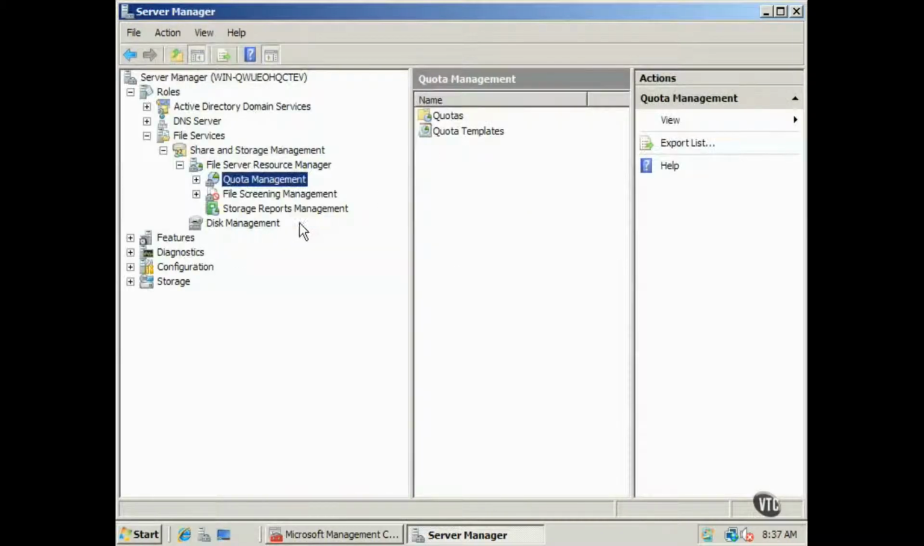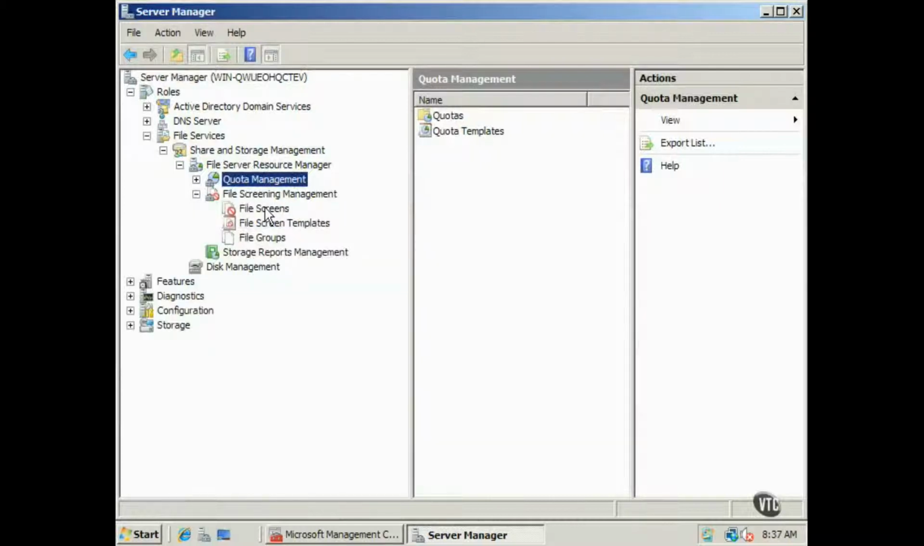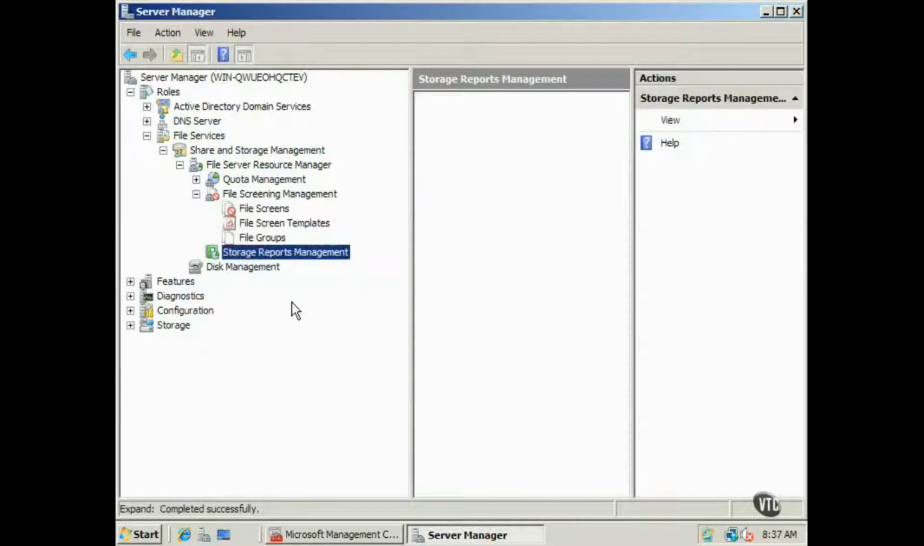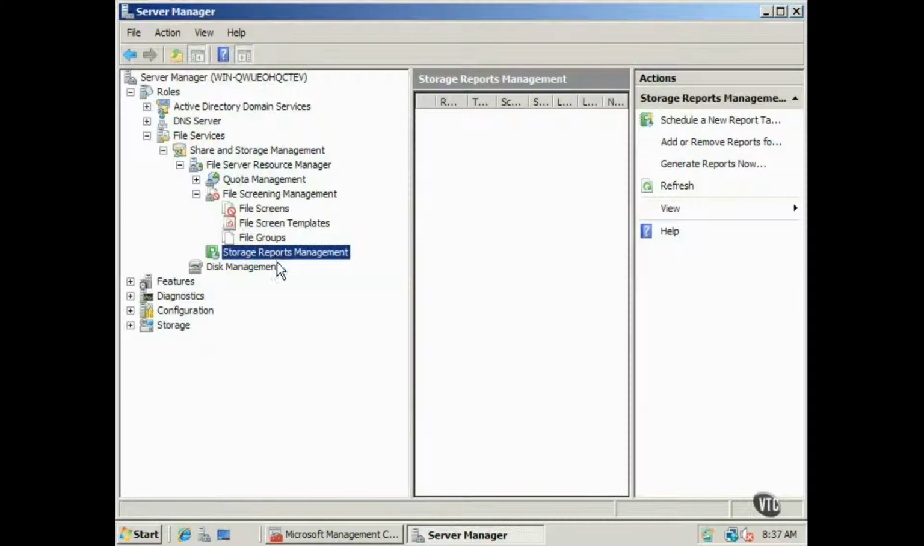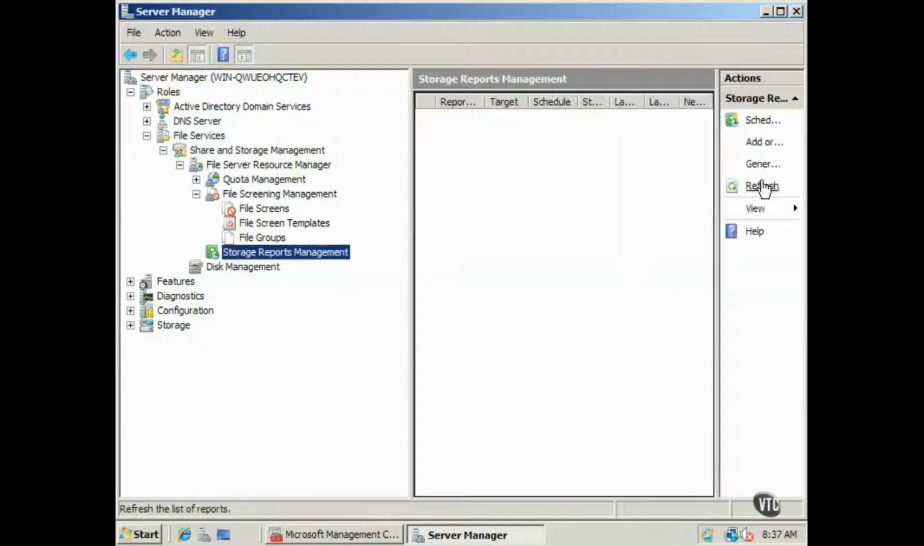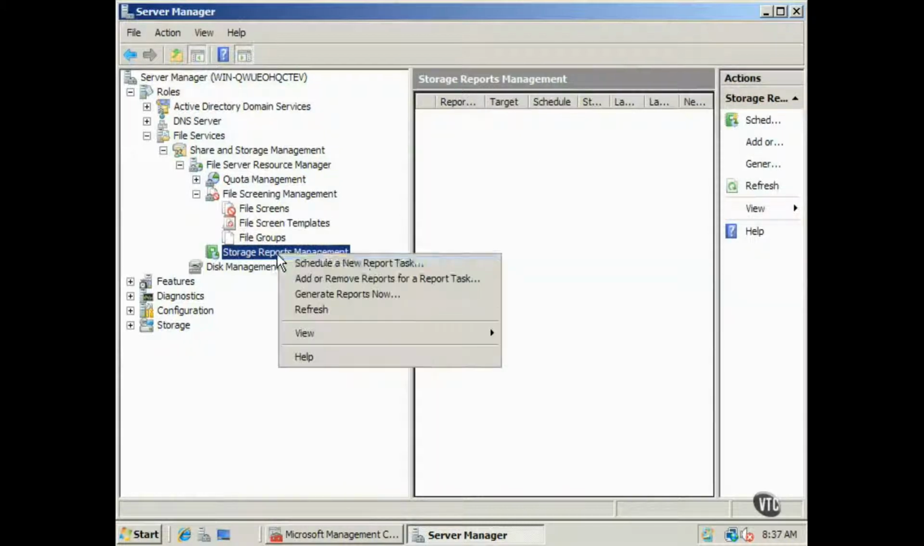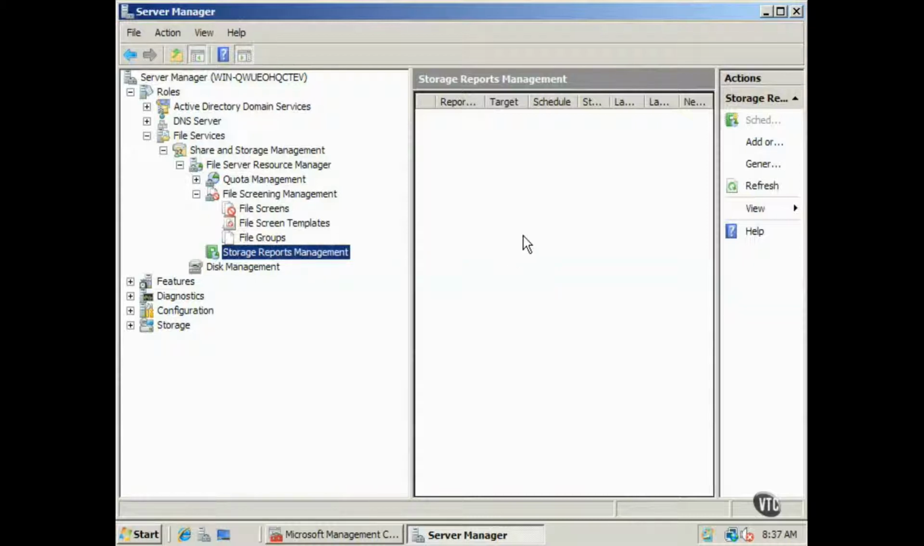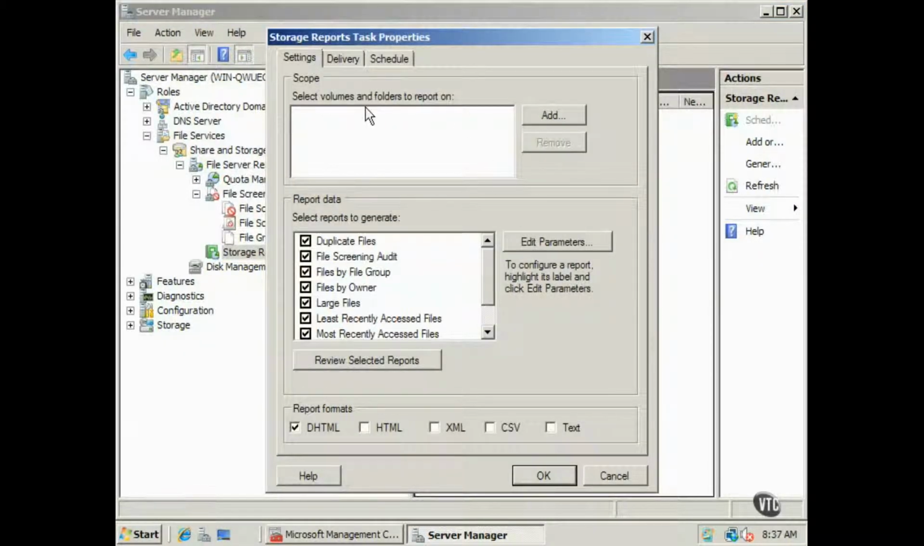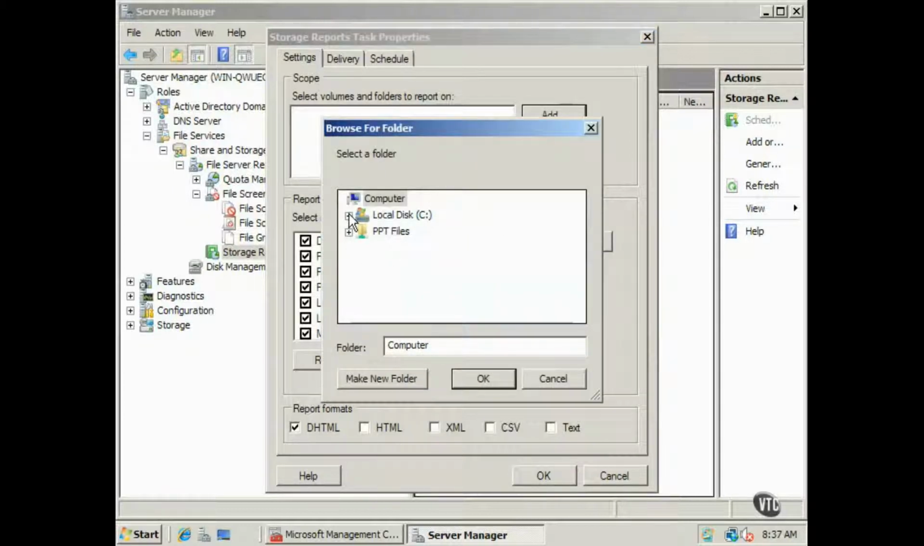It's the same thing that you've seen before, but notice now we have File Screening Management. We also have Storage Management Reports, or storage reports management. Now this is really some cool stuff, and I'm going to drag this over. The resolution on these videos makes it a little tough, but if I right click, I can schedule a new report, and notice what I can do is I can create reports, and I can select volumes and folders to report on. And notice I'm just going to grab